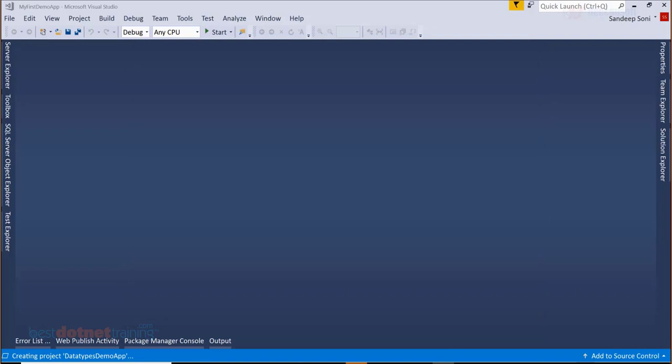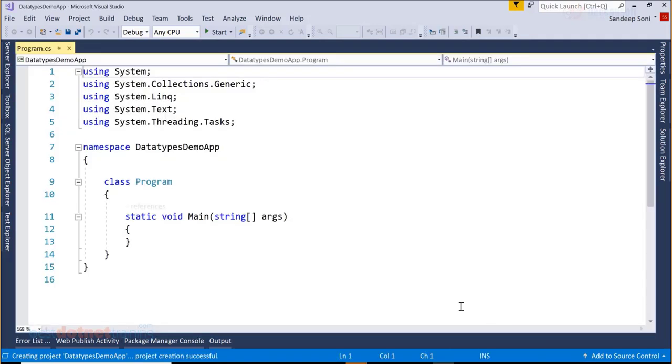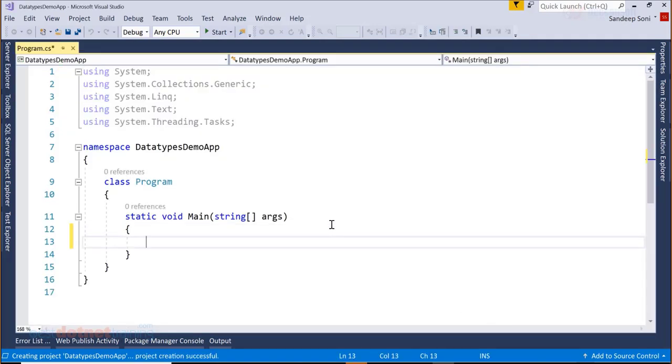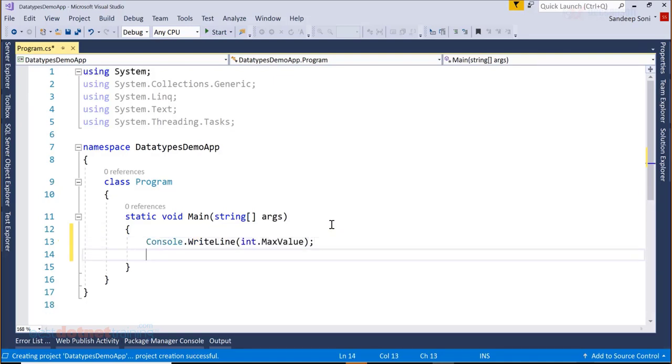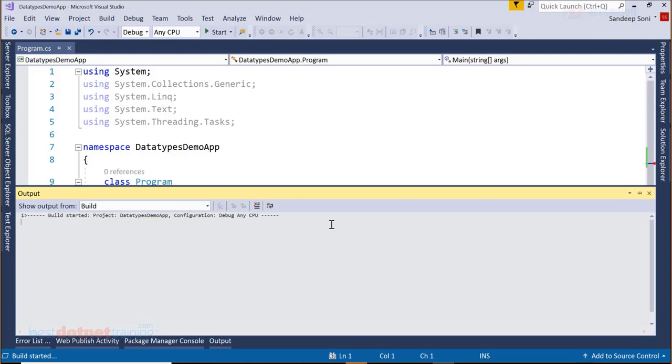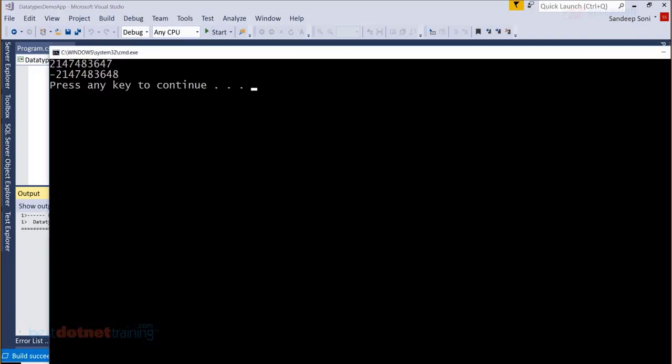That creates a C# console-based application, and I start writing my code here. I can say Console.WriteLine integer.MaxValue, and Console.WriteLine integer.MinValue, execute the program, and we get this.